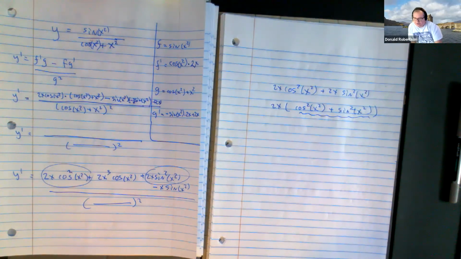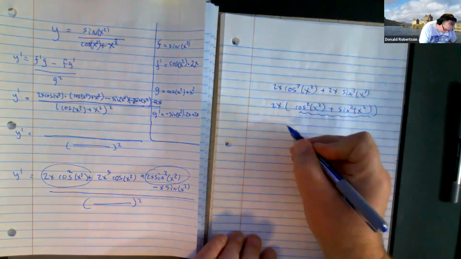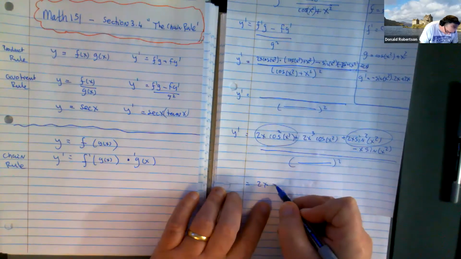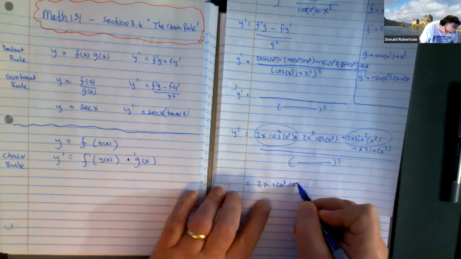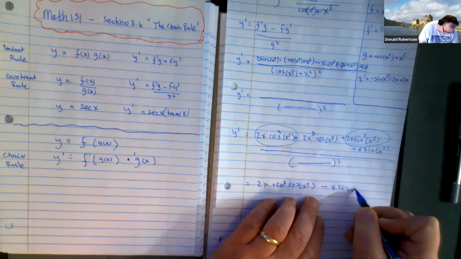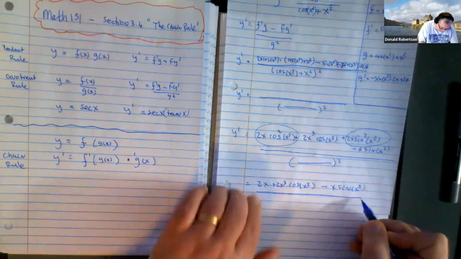Isn't sine squared theta plus cos squared theta 1? Isn't sine squared t plus cos squared t 1? Isn't sine squared x plus cos squared x 1? Do you know it doesn't matter what it is as long as it's the same what it is? Aren't these both x squared, but they still count? So that's 1. So 2x times 1 gets you 2x. So what you have is a 2x cubed cosine of x squared, and take away an x, sine of x squared, all over that ugly guy